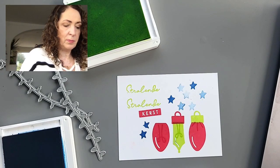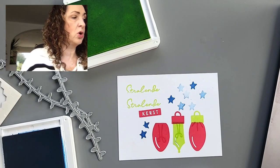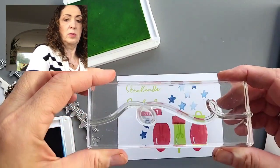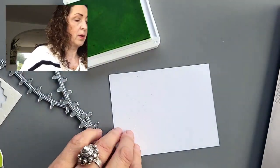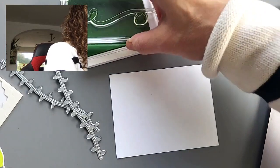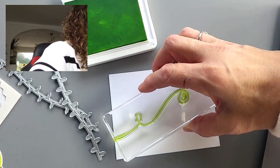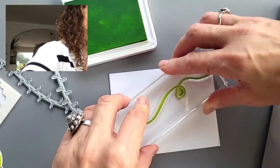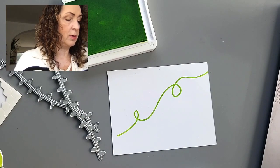And now, I'm going to show you another thing. There is also this long stripy thing. I'm going to flip this over, and we'll stamp it in Parakeet Party. I'm going to go this way because otherwise it's too long for my cardstock. But see, you could use it like this, and then you could put your